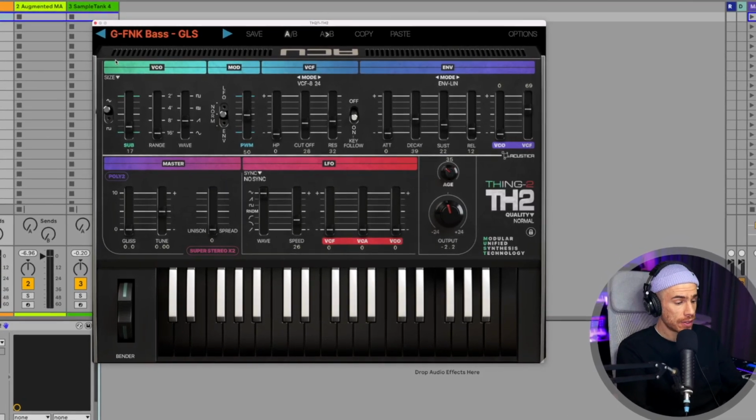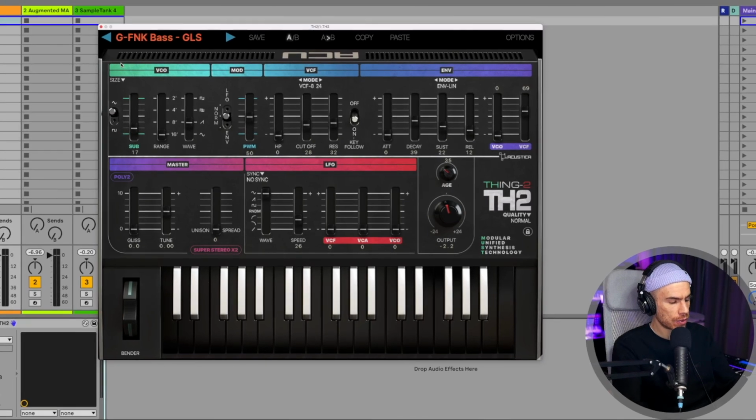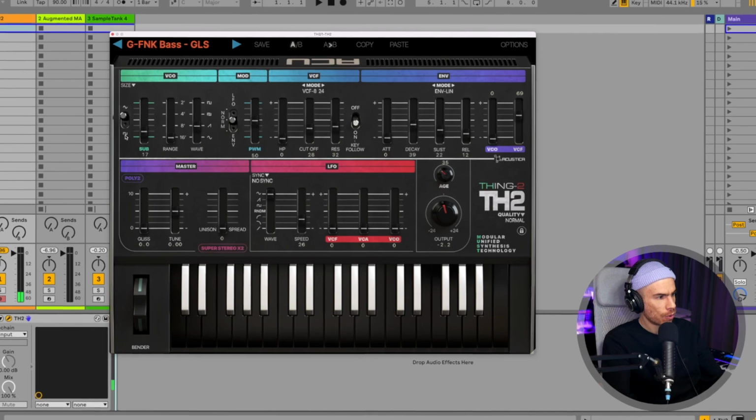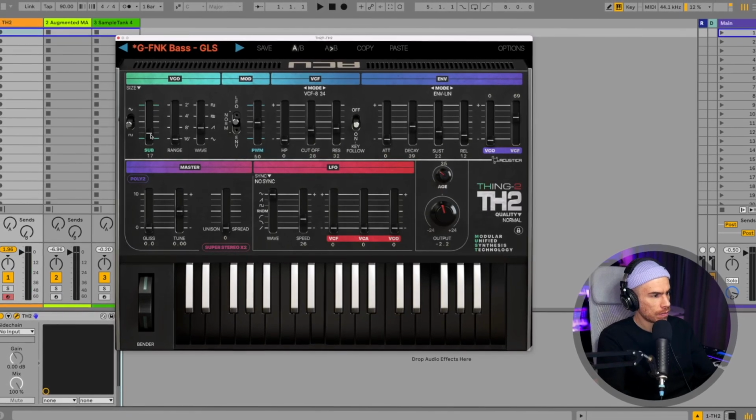So one cool thing about this synth is that it has this very fat sub-oscillator. So if we set it to a square wave and increase the volume,